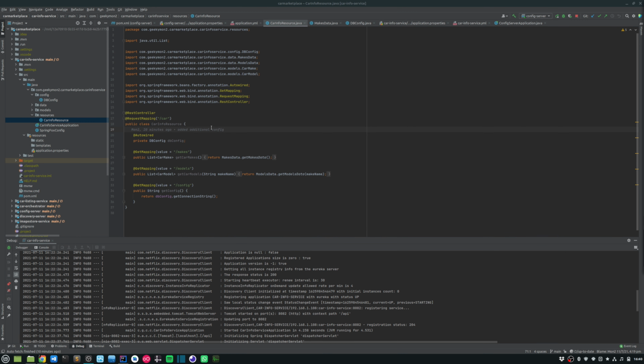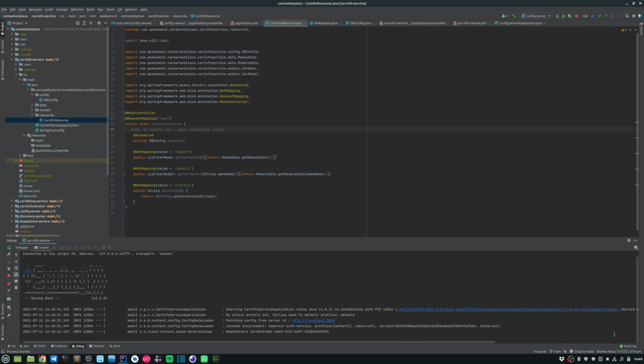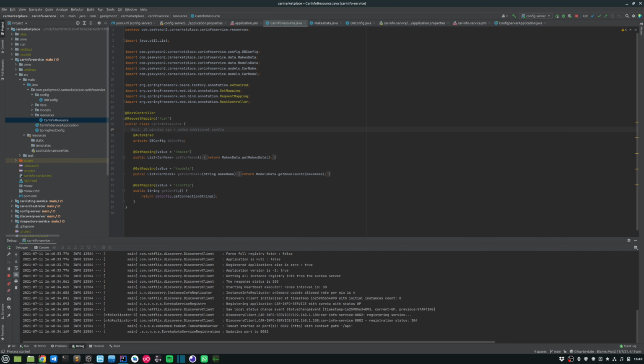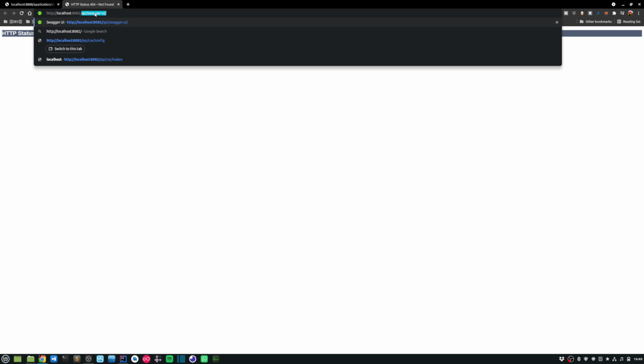Let's run my car info service now and see how it fetches the configuration properties. So my car info service has started on localhost port 8082. So let me go into API and /car and /config.